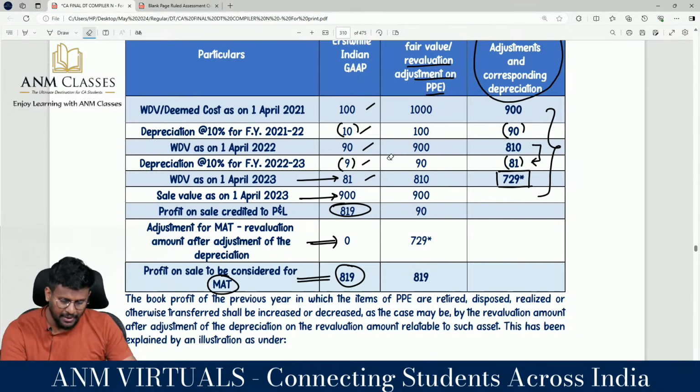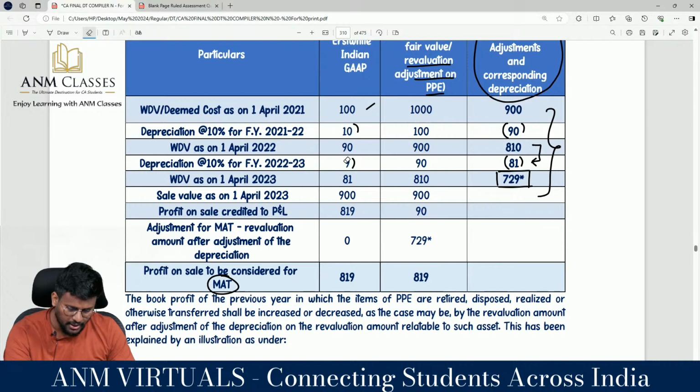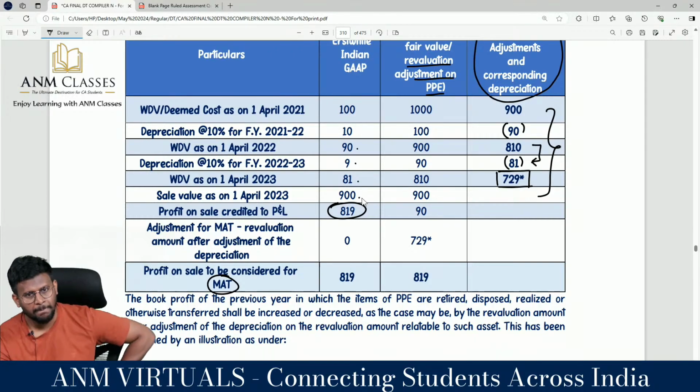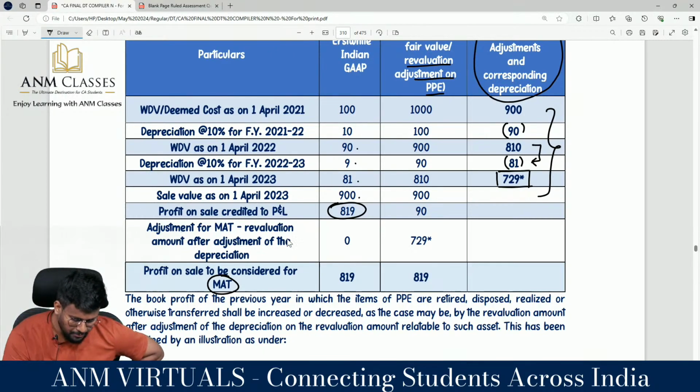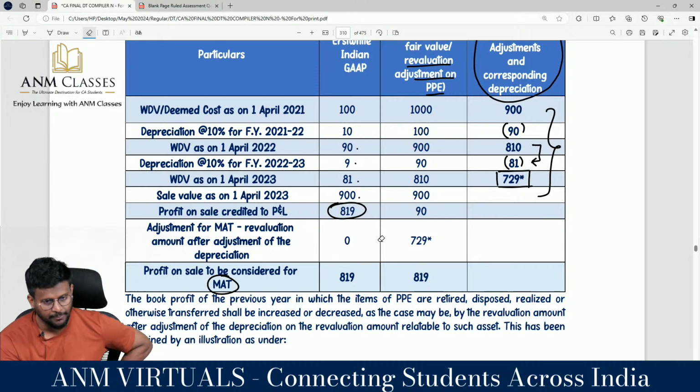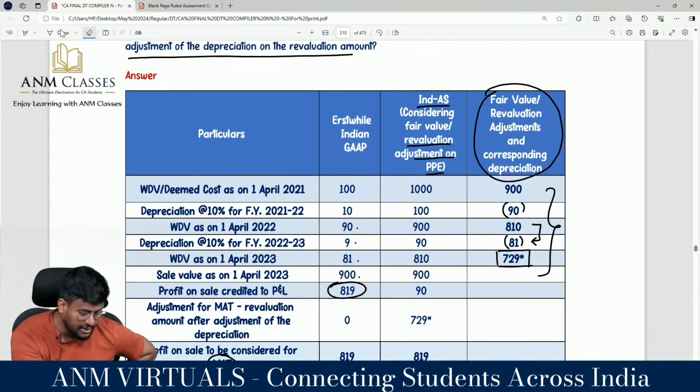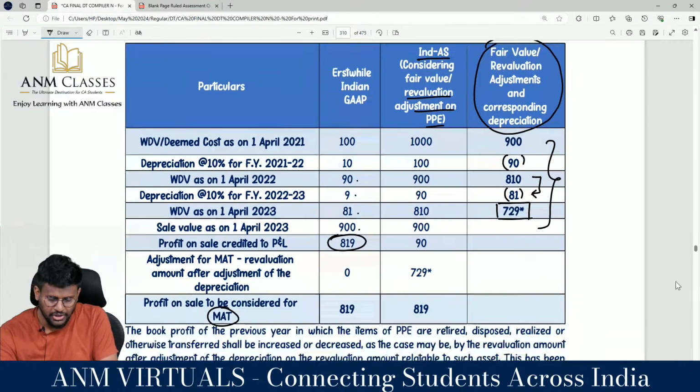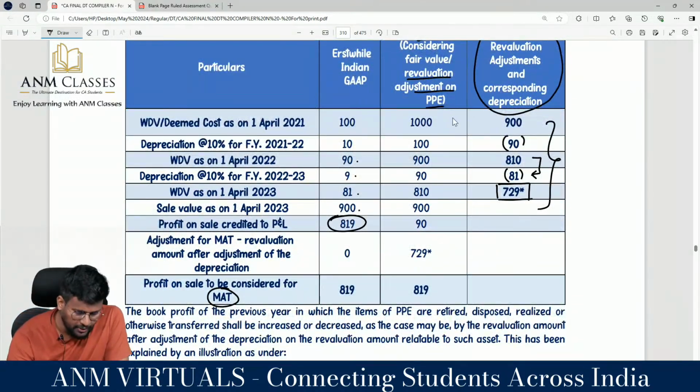In the old system, you claimed 10 rupees depreciation on a 100 rupees asset and brought it to 90 rupees, then claimed 9 rupees depreciation and brought it to 81 rupees. If you then sell it for 900 rupees, automatically the 81 lakhs gets booked as profit. So revaluation amount after adjustment of depreciation, you did not revalue, so the entire 81 lakhs is booked as what? Profit. But here, considering fair value or revaluation adjustment in PPE, WDV is 1000, sir, depreciation is 100,